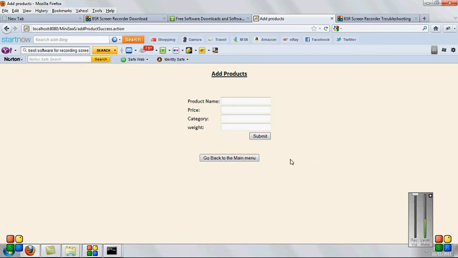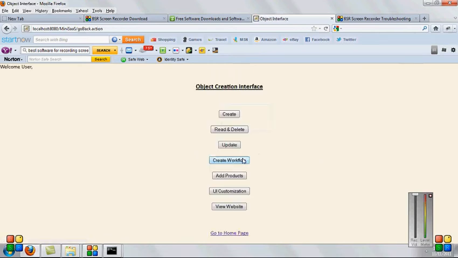I finished entering some values into the database. Going back to the main page to customize the UI layer.